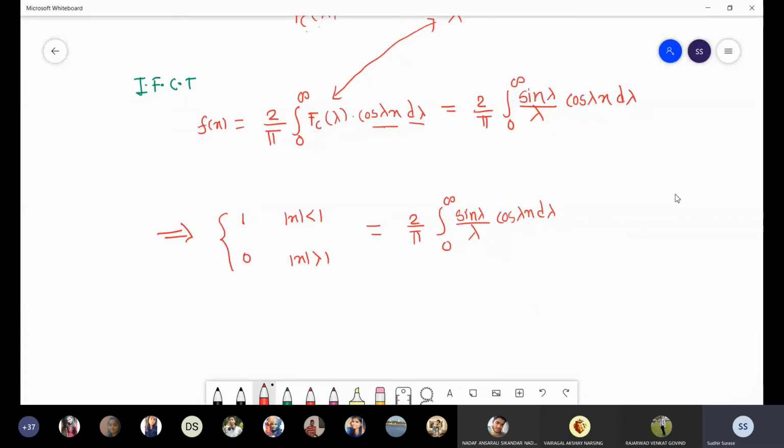That means on the right hand side you will have one integral, and on the left hand side you will have some function, and this is referred to as Fourier integral representation. Okay, we got this. Now, what is the first question? Let us see the first question.